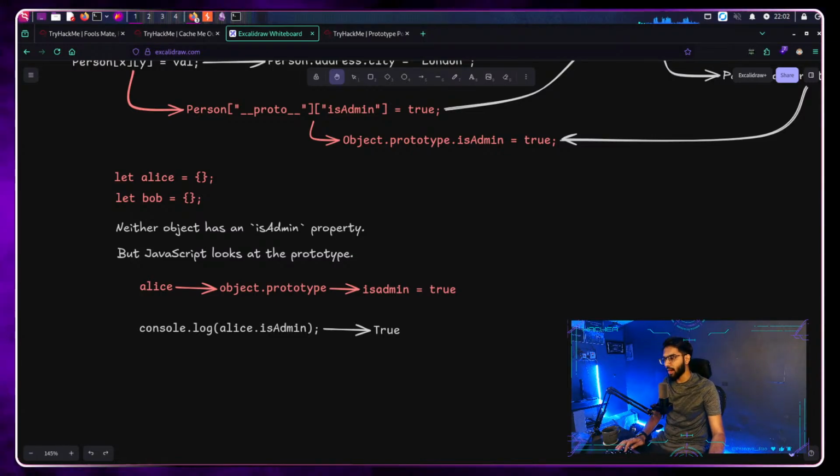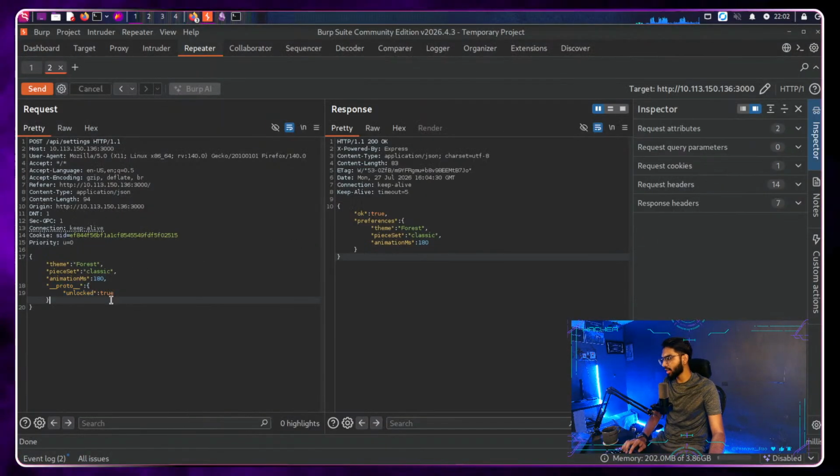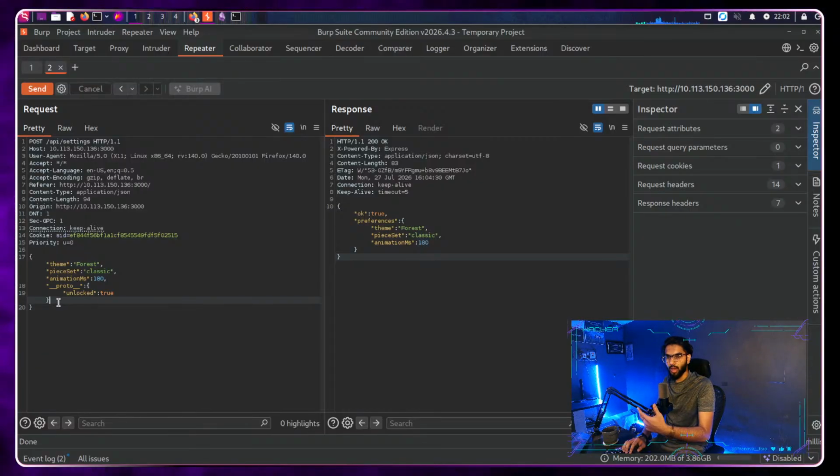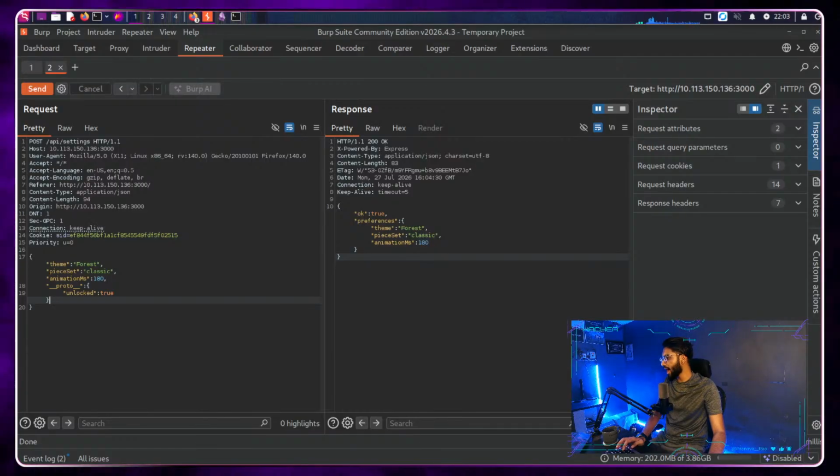Now that's the dangerous part. That's what I was trying to run here. Now how do I identify this? This is not something that you will directly get at the forefront, or you will not be able to identify this vulnerability just because you have JSONs moving around, just because you have something moving around. This vulnerability arises when you have something like